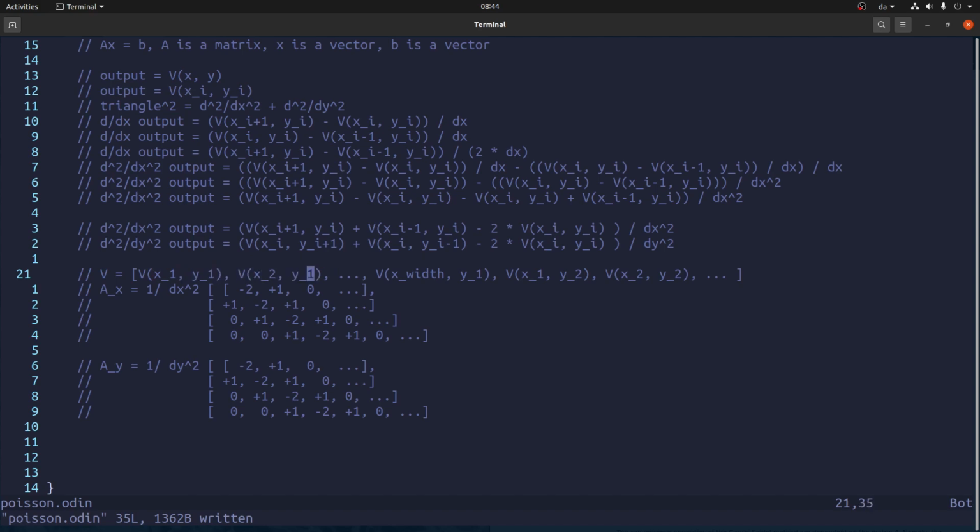Now for Y1 at X2, for example, we have to go all the way over here. So actually it will be again -2 for the same point, but we don't connect to that one, and then we don't connect to this one, but all the way over here,